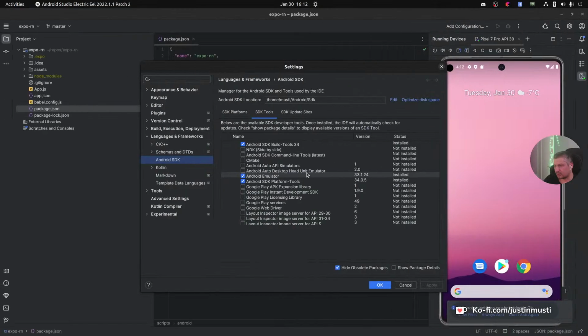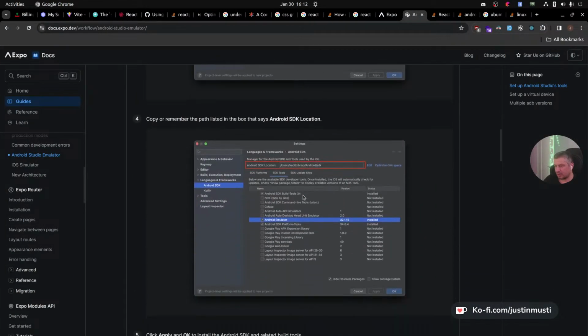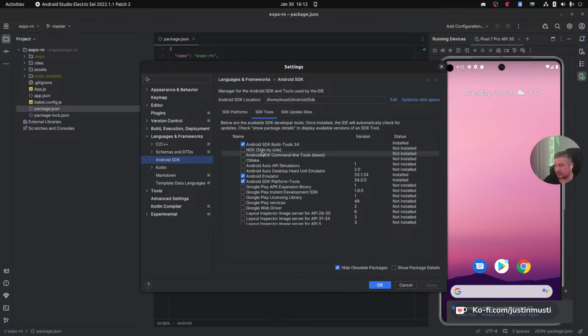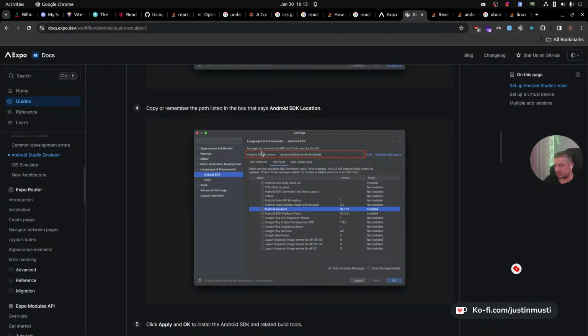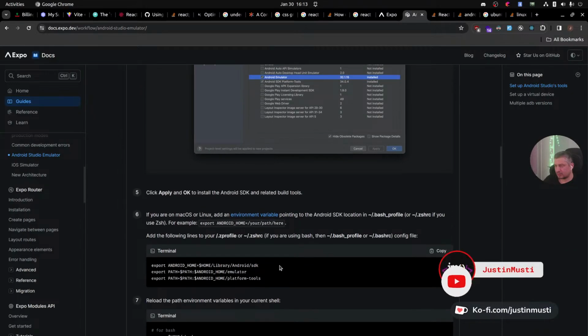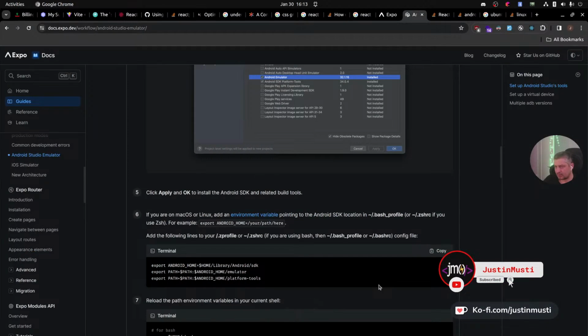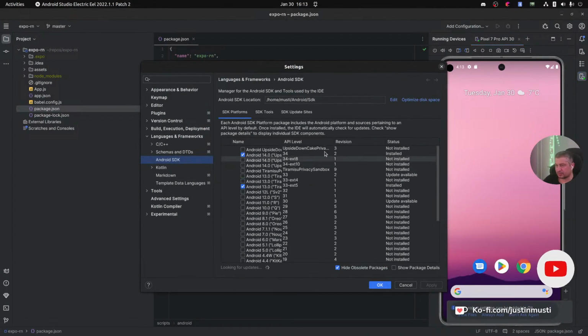Install SDK tools 34, installed. Okay. Android SDK location. It's good, it's good. Okay, so I'm supposed to